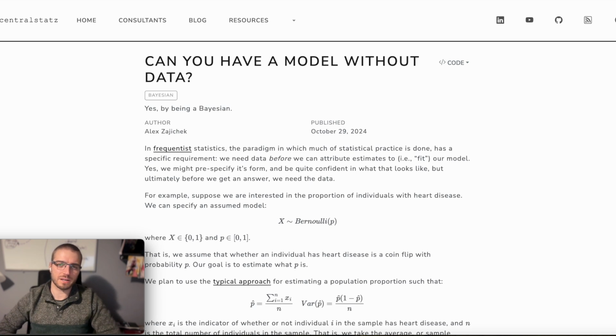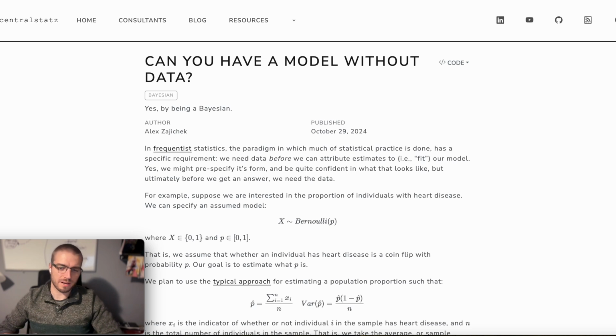In the frequentist paradigm, you're going to specify some sort of model, right? It might be a linear regression model. You know what parameters you're trying to estimate. But in order to actually get a numerical value attributed to those parameters, you need to collect sufficient data. So the whole problem ends up revolving around the sample that I'm going to collect, and having a sufficient sample to be able to estimate those parameter values.